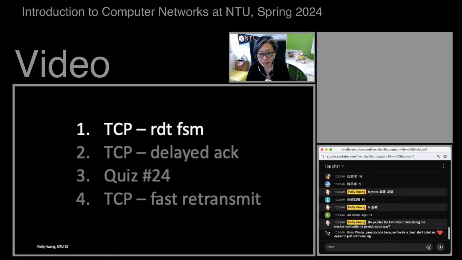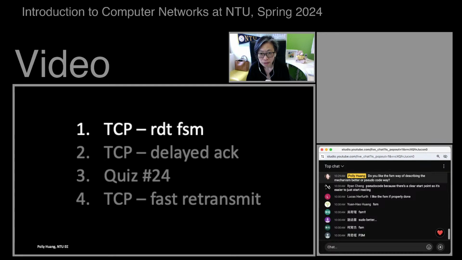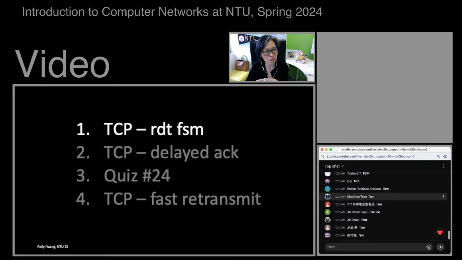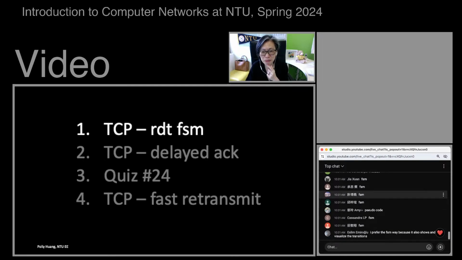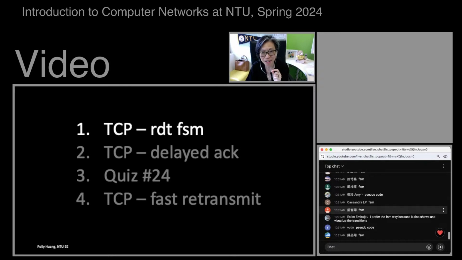So Ryan is saying pseudocode. Yeah, it goes in a time series way, right? Okay. I see some like FSM better, some pseudocode. Yeah, and maybe there's a slightly more FSM.